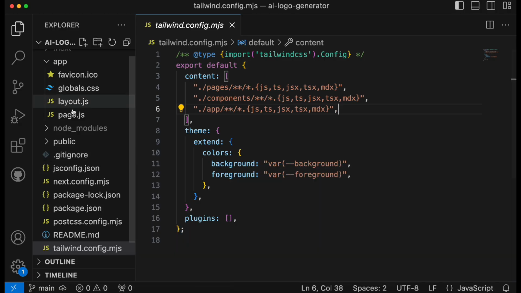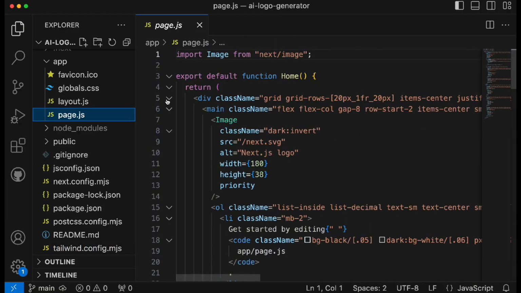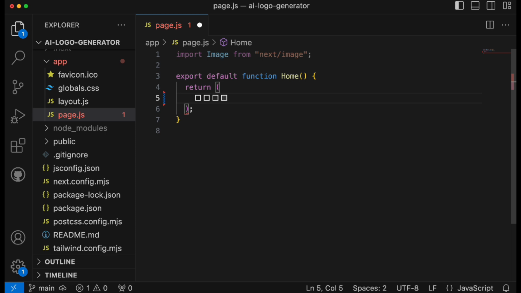Then simply go to this page.js file. I will remove all of this default code and simply add a div tag over here. Let's add the h2 tag and we'll say